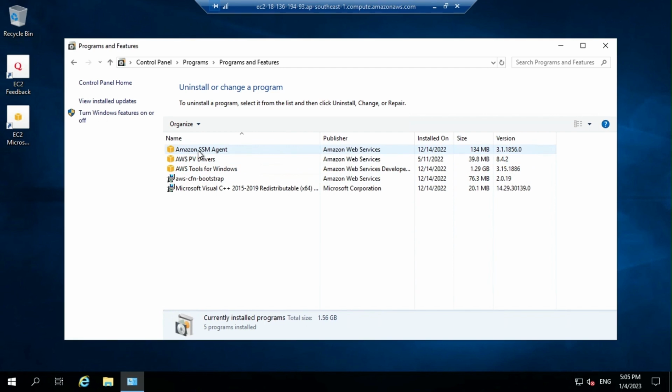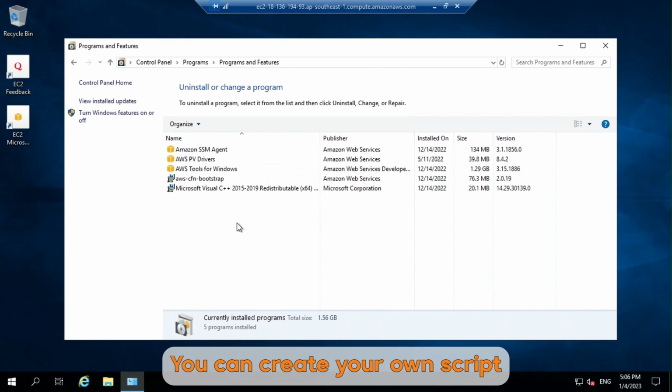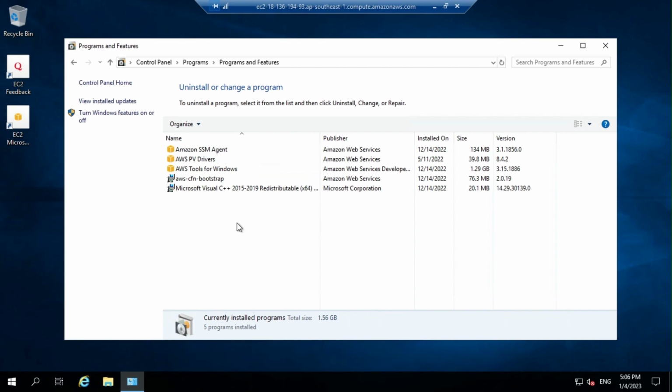You can also manage your system using some automation which is already available on AWS. You can see the Amazon SSM agent, which means you can manage this virtual machine from the backend. You can install any program, reset your password, and do a lot of things. There are so many services available from the backend. You can create your own script and execute it. We will discuss that later, but yeah, thank you so